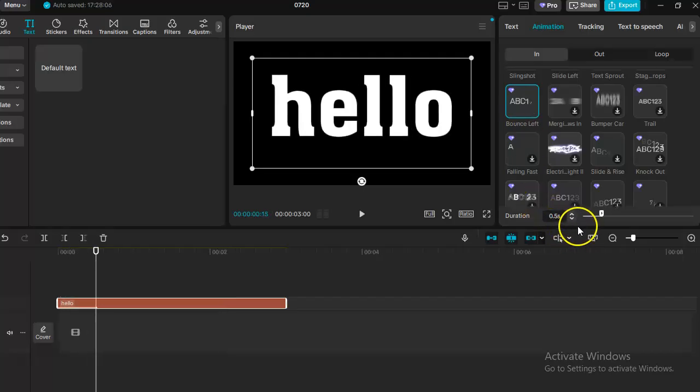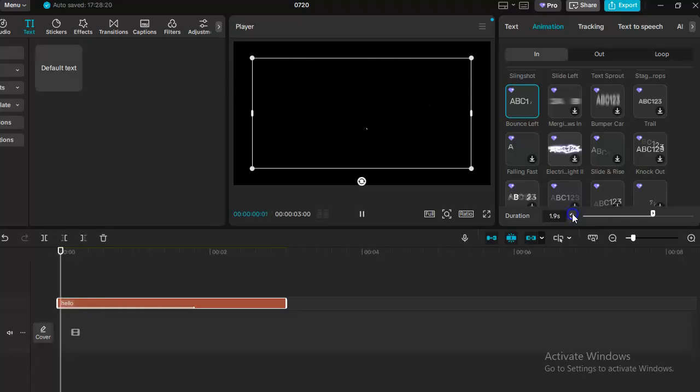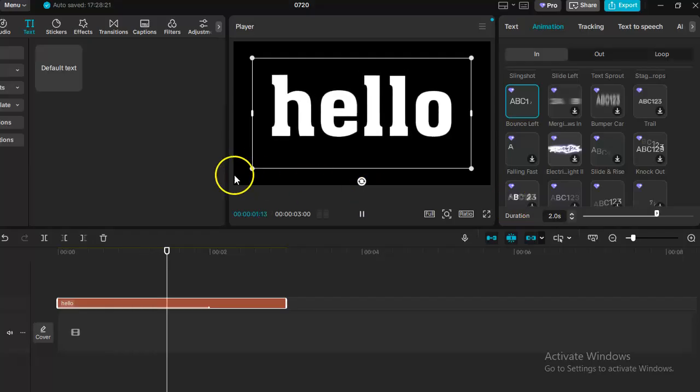After that, here you can adjust the duration. Here is half second. But you can increase it to 2 seconds. Yeah, it's done. This is what you need to do if you want to know how to make text animation